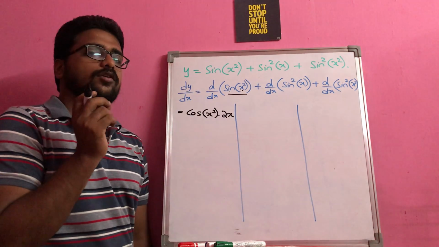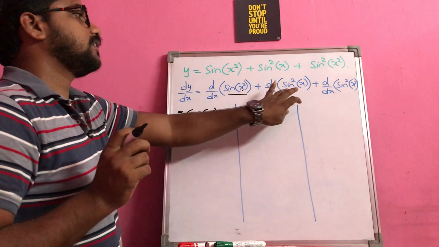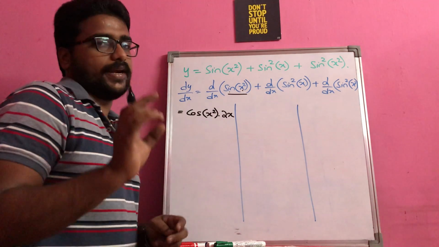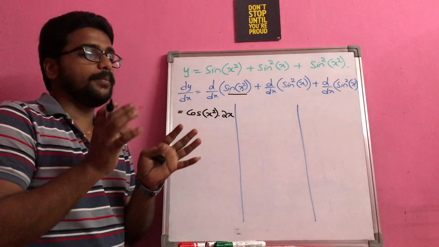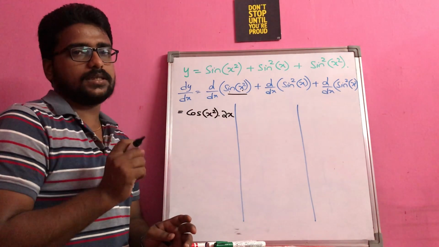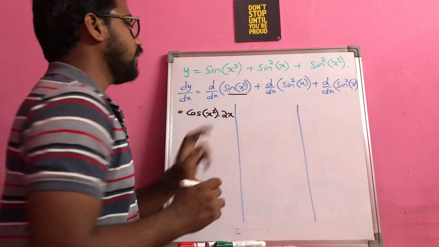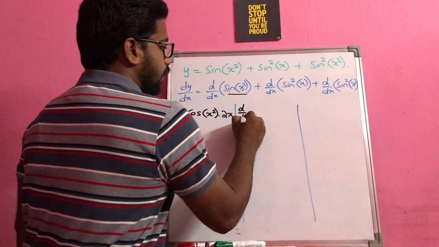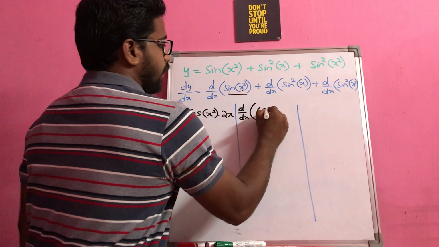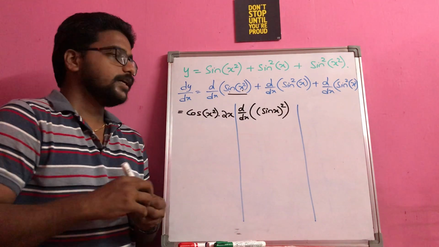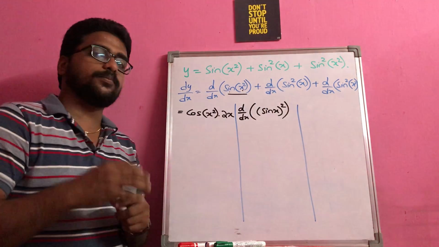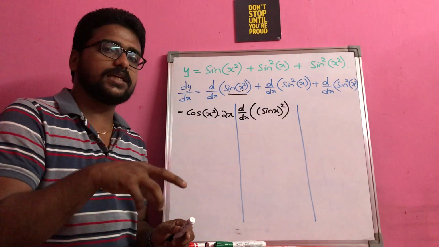Come here. Identify the outer function. Is it sine square x or is it sine x? That is the question that comes to us. See, I told you, what you can see mainly is called the outer function. You can rewrite this as d by dx of (sin x) whole square, right? Which means this whole square is my outer function, because that is the function I can see first, followed by